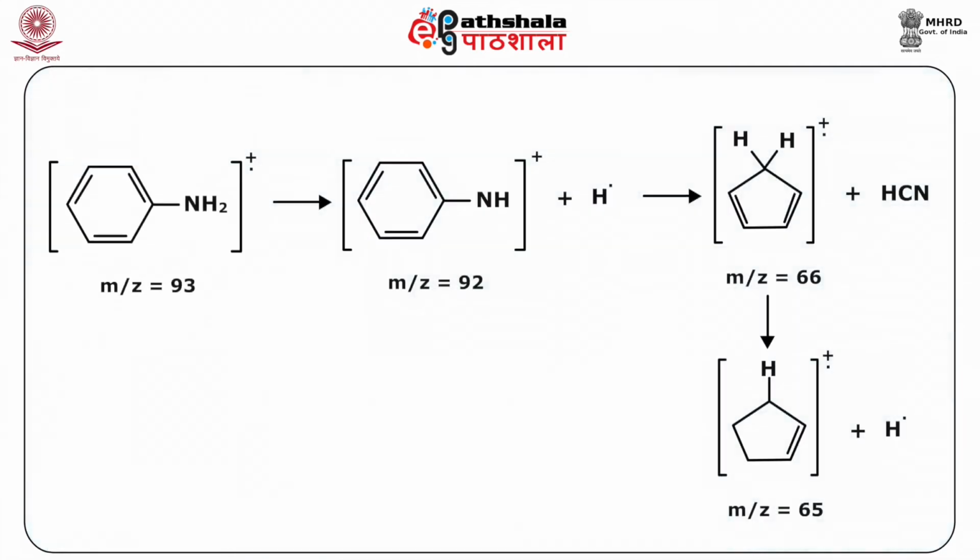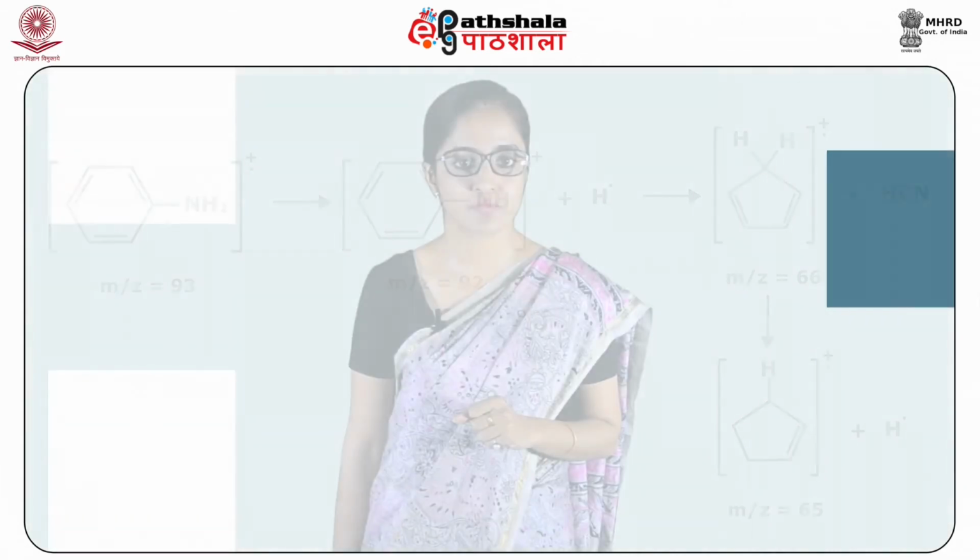A moderately intense peak may appear at an m/z value 1 mass unit less than that of the molecular ion due to loss of a hydrogen atom. The fragmentation of aromatic amines can be illustrated in the case of aniline here. You can see this clearly in the reactions drawn. Very intense molecular ion peaks generally characterize substituted pyridines. Frequently, loss of a hydrogen atom to produce a peak at an m/z value 1 mass unit less than the molecular ion peak is also observed.